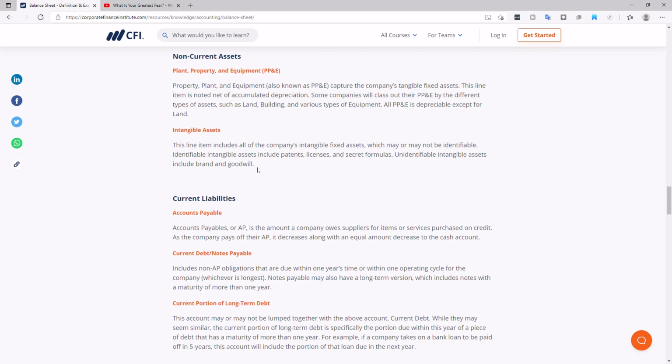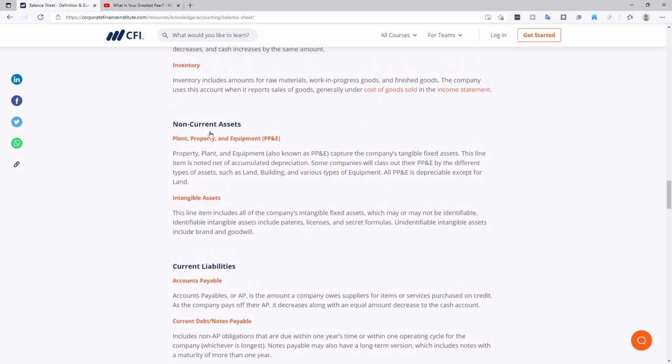Unidentifiable intangible assets include brand and goodwill. Goodwill, I think, is depreciated or amortized. So I think that intangible assets are often just an asset. For example, the Nike check sign might have some patent value, brand value, but in reality it's not a real asset the company can use. So it makes understanding the balance sheet a little bit more, it's like fluff, I think.